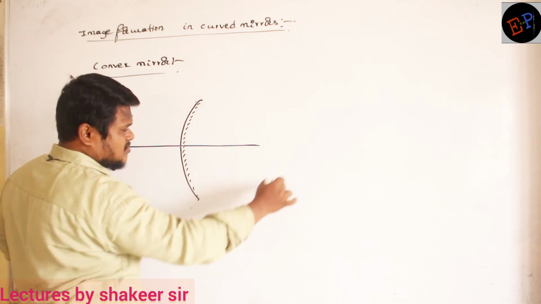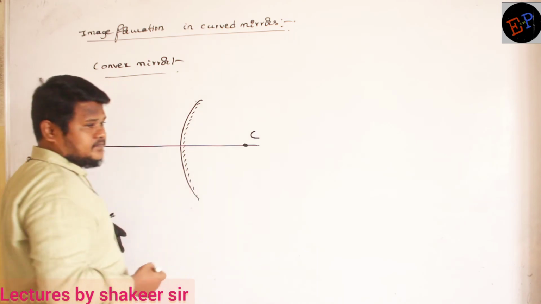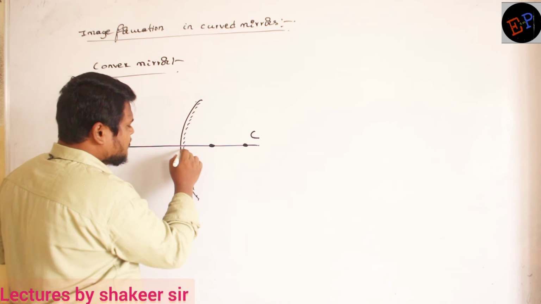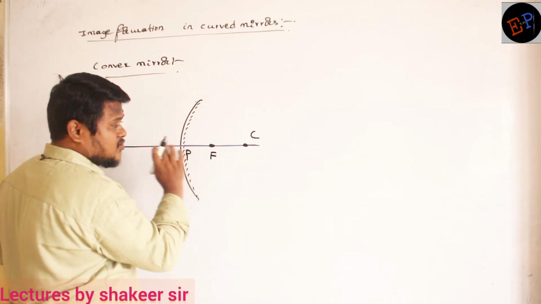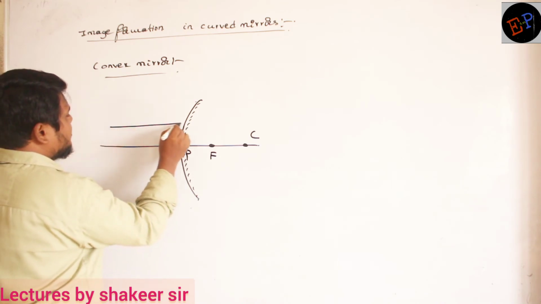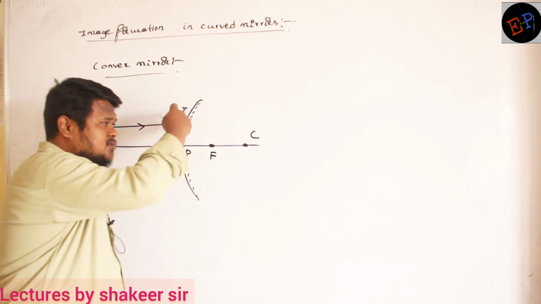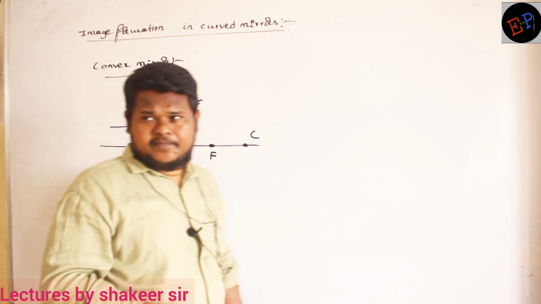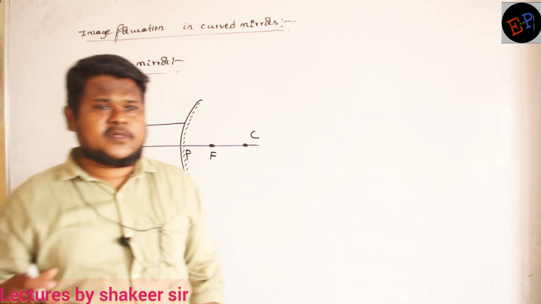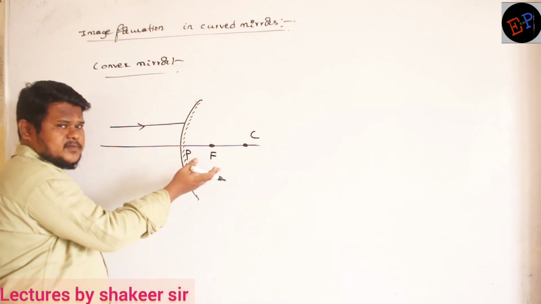See, ma, this mirror is also made of a sphere, no? So its center of curvature will be somewhere here, a virtual center of curvature. And exactly at the middle of the pole and the center of curvature, there will be the focus, the virtual focus. Why is it called virtual focus? Let us see. A light ray passing parallel to the principal axis, how should it reflect, ma? Can it pass through the focus? Representative ray number 1, what we have discussed: a light ray passing parallel to the principal axis should pass through the focus. But here, can it pass through the focus? No, the mirror is there, no?